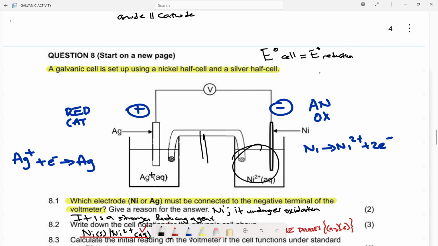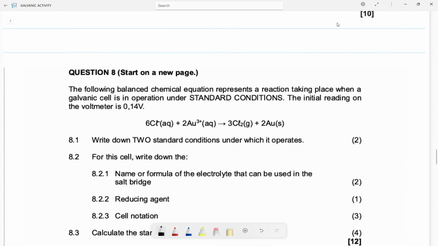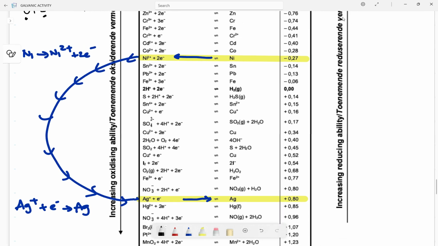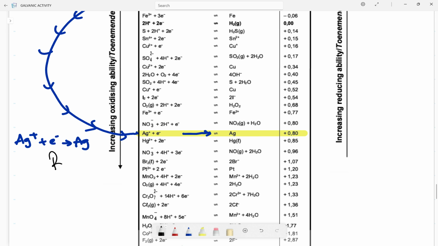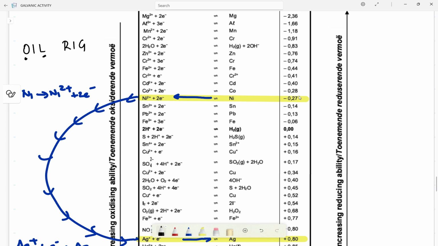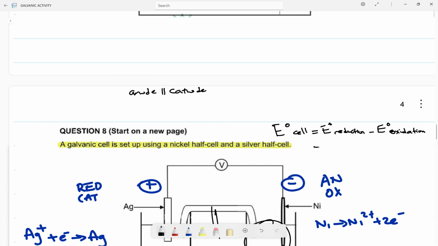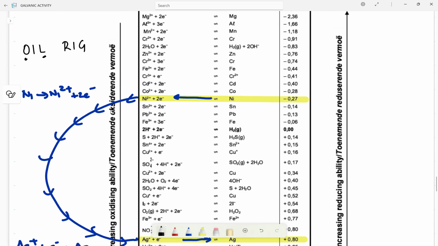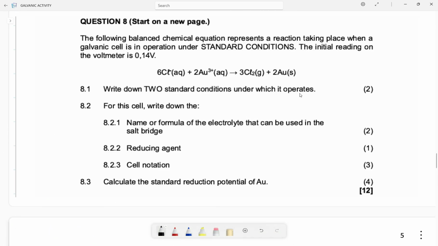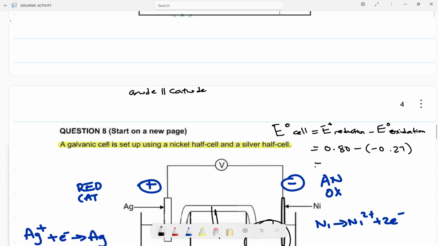E naught of reduction minus E naught of oxidation. Let's look. The reduction, it is how much? Here is our reduction. It is 0.80. So you're gonna say reduction, it is 0.80 minus negative 0.27 if I saw well. For oxidation, this one, yes, minus negative 0.27. So when I do my mathematics beautifully, it becomes